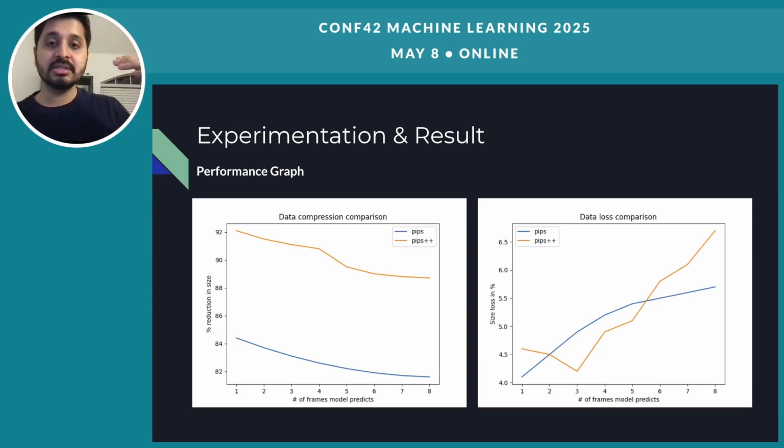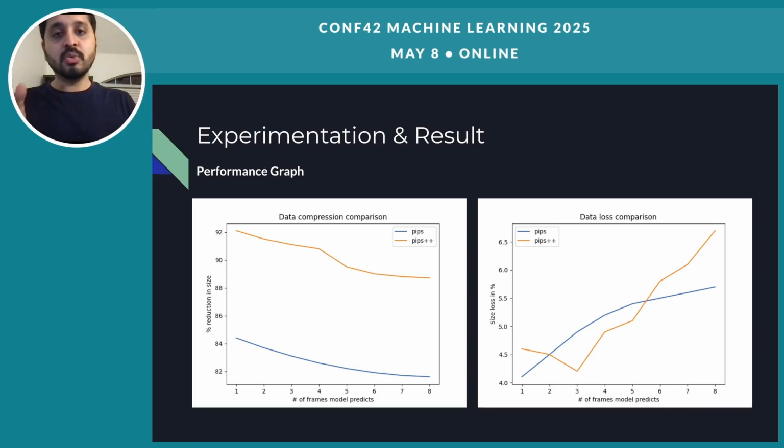But the reason it's able to reduce the size is that increasing the number of frames used for prediction also adds a lot of losses to the data. That's why we see the reduction in total size when we do the compression. And you can see in the right-hand side graph, as we increase the number of frames used at a time to predict all of the pixel movements, say 8 frames, it tries to predict an arbitrary point on where it is moving across those 8 frames. So the accuracy goes down because of that.